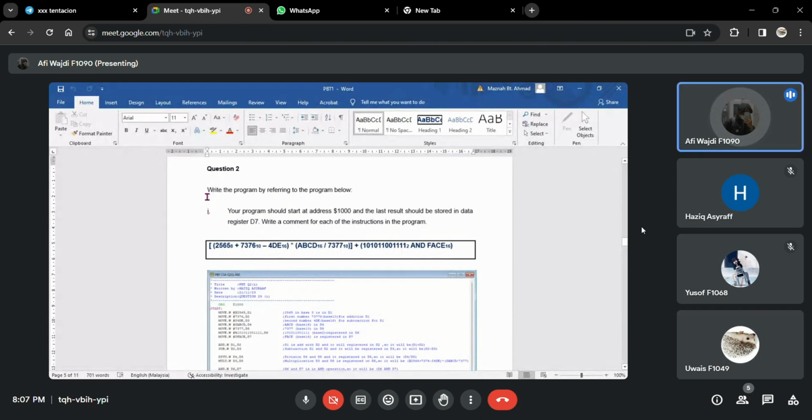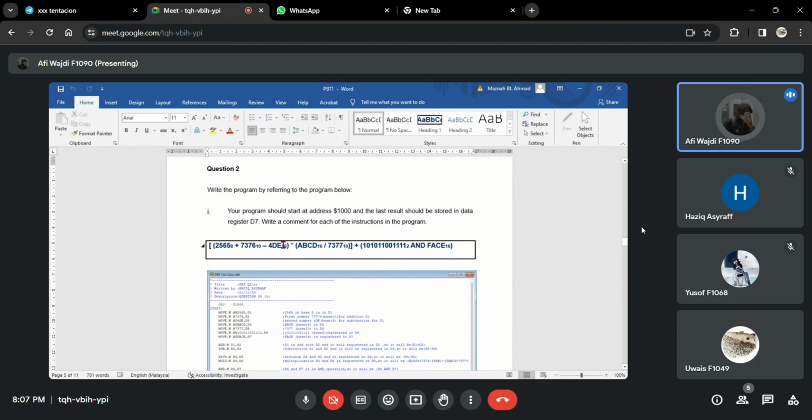Right now I will talk about question 2. The statement is: your program should start at address $100 and the last result should be stored in data register D7. Write a comment for each of the instructions in the program. So you see the statement: in square brackets, 2565 octal plus 7376 decimal minus 4DE hexadecimal,